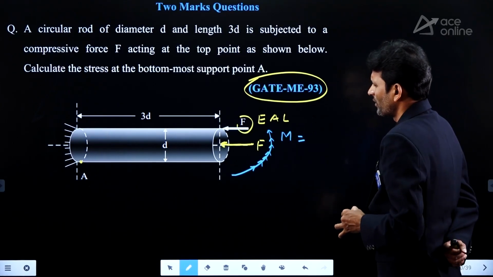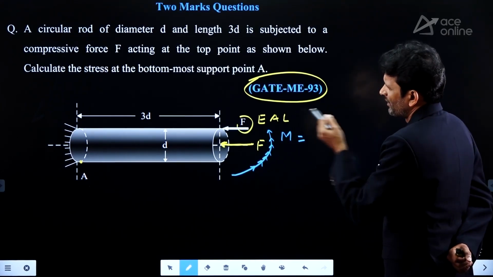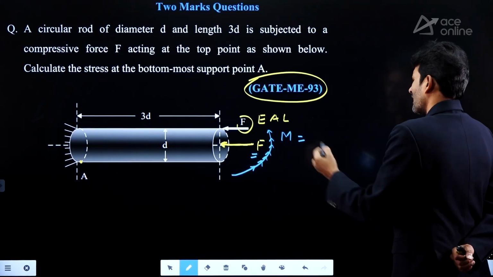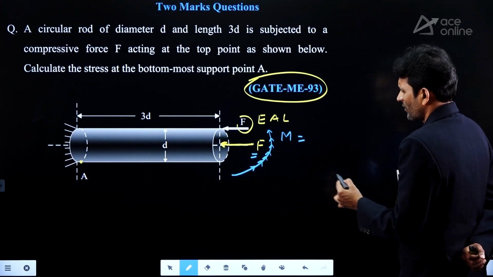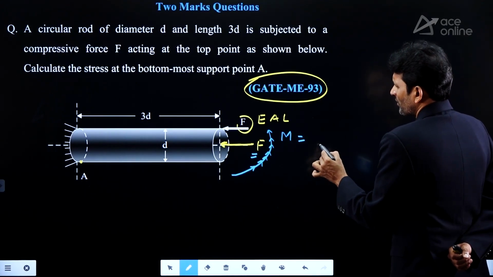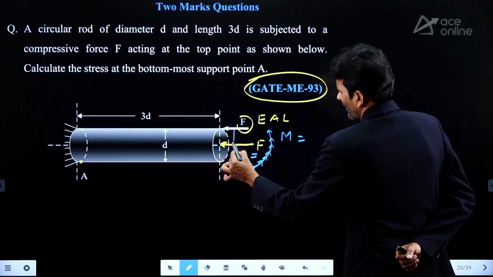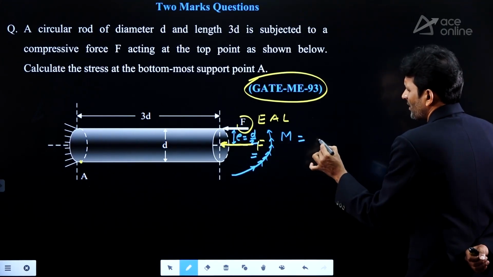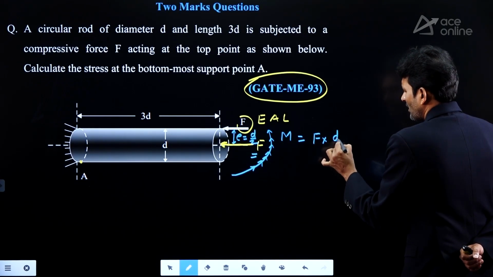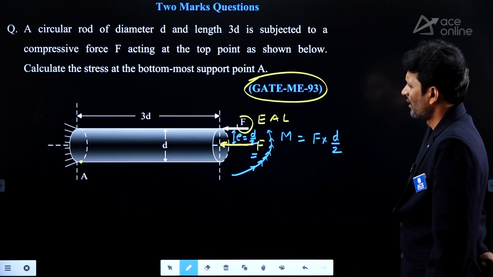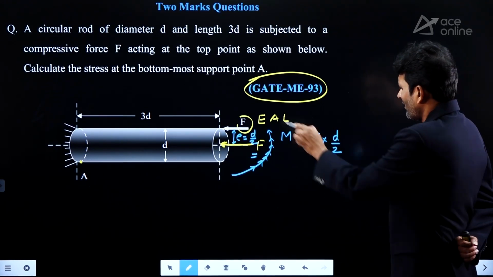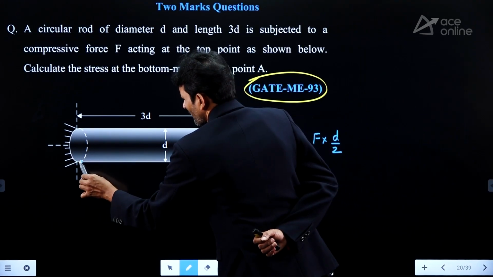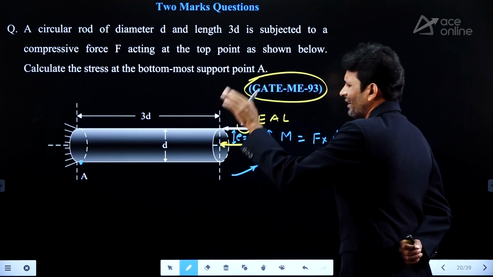Two effects. Now we are observing 2 effects on the cross section of the rod. One, axial force F with the compressive nature. Second one, bending effect. Take these 2 effects separately. M equal to, what is its magnitude? M equal to F into this distance. The distance between these 2 is d by 2, right? Exactly. M equal to F into d by 2. Good. Now for these 2 effects, we need to find out the resultant stress at point A,